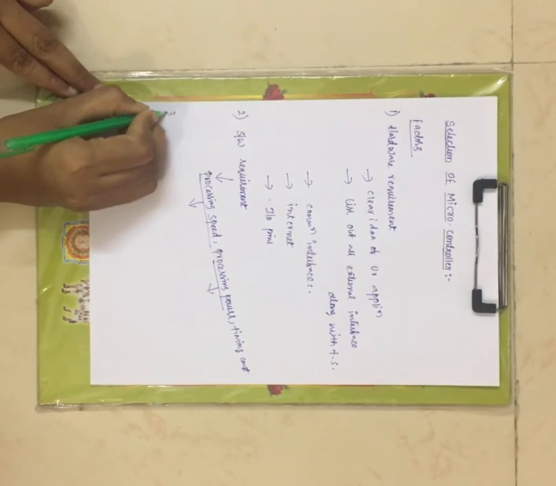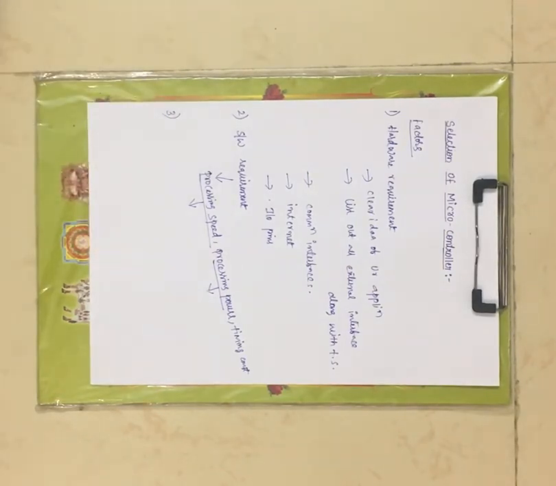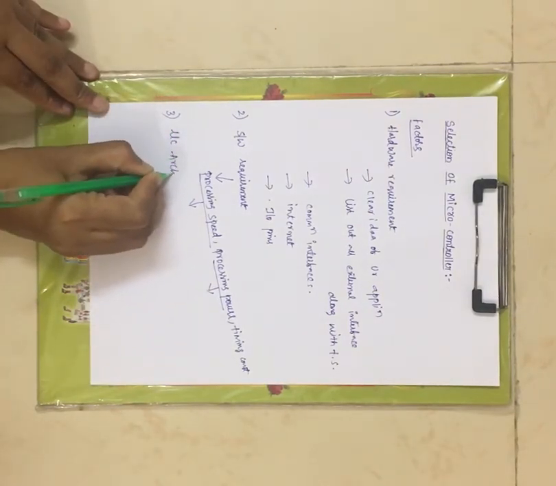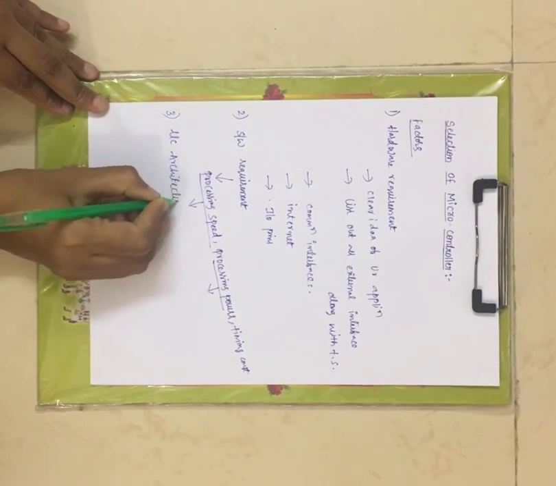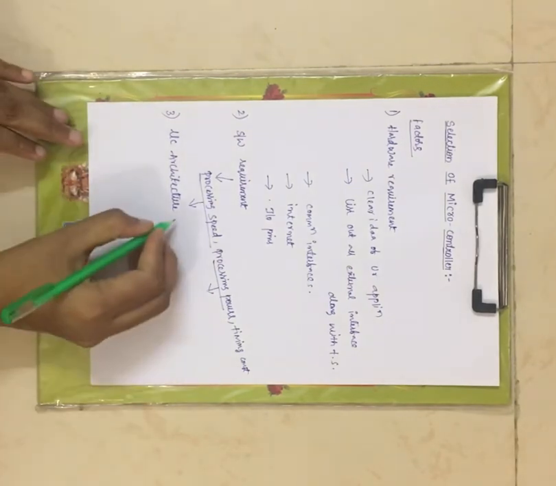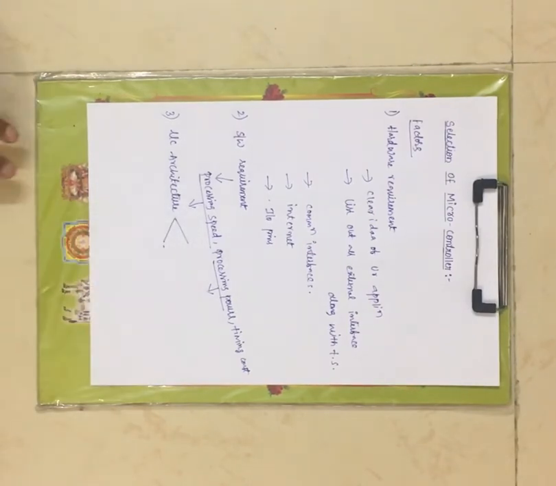Now coming to the third factor. First we found out the hardware requirements, next we found out the software requirements, and next is your microcontroller architecture, right? Now after knowing the hardware and the software requirements for your project, you can decide the required architecture for your project. That means any microcontroller that is available in the market, you can see a very large number of microcontrollers in your markets,